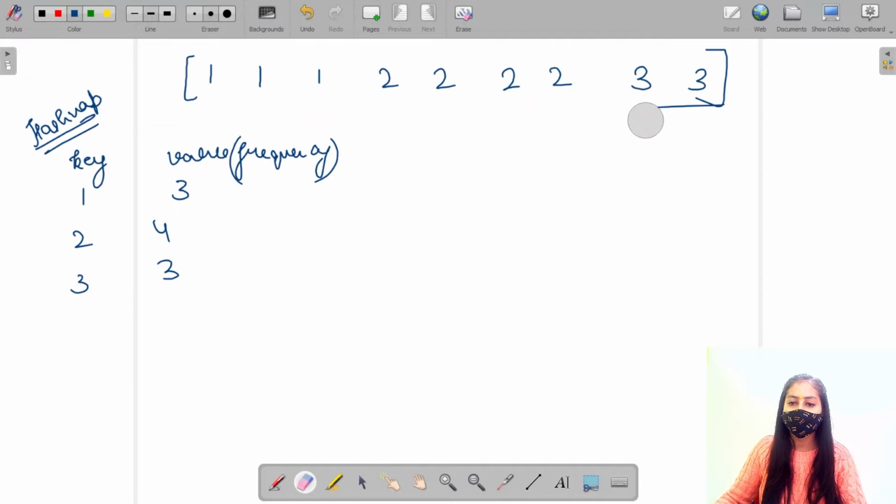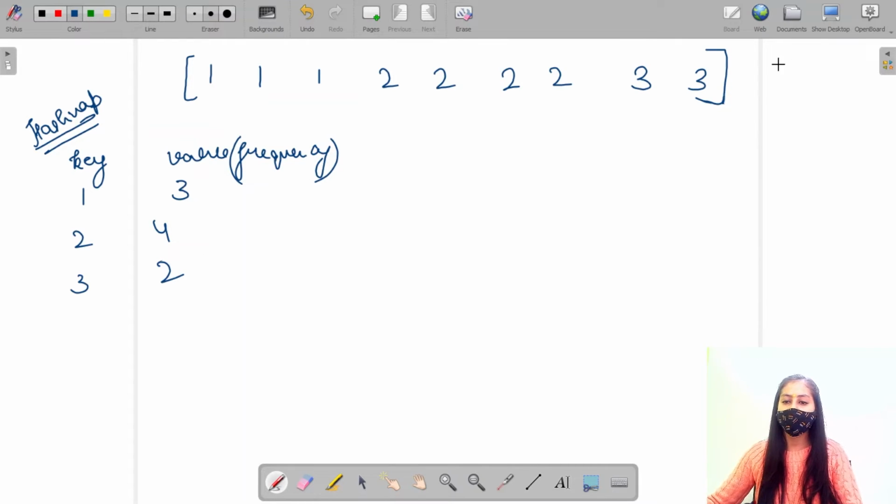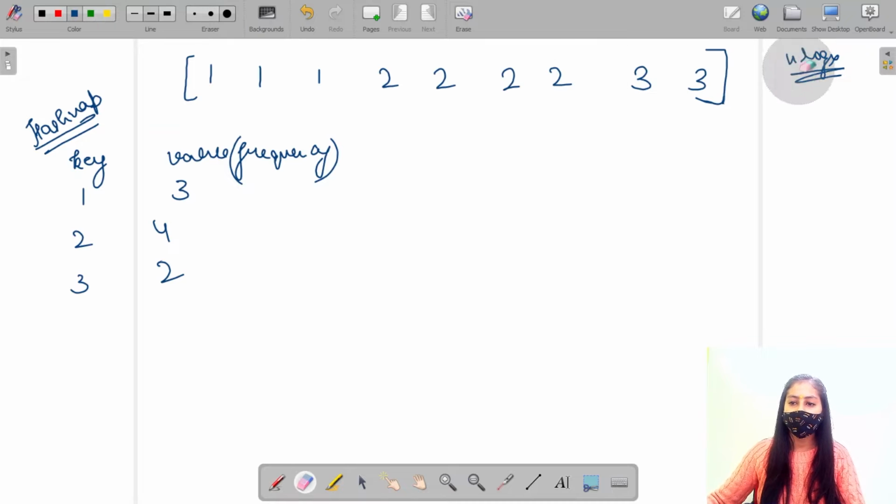So now we can't simply choose from the hash map by iterating. Why? Because the complexity in which we have to solve this question is given as n log n, right? So the another method is by using the priority queue, right?